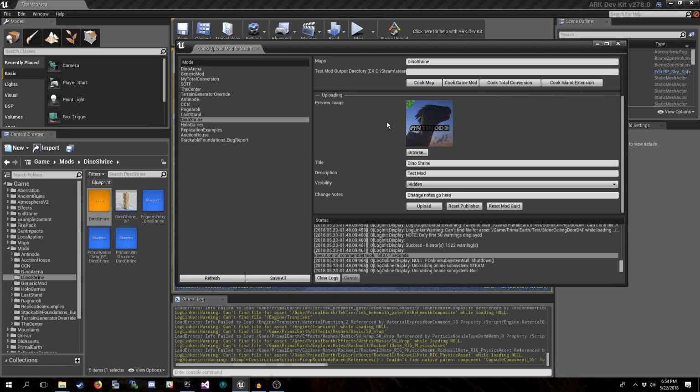Otherwise, you're going to run into serious issues. So that's what this reset mod GUID is, it changes the GUID. If the GUIDs do not match on both client and server when you try to connect, you will get that version mismatch error. But all of the mod versions that share the same GUID, you will be able to connect.